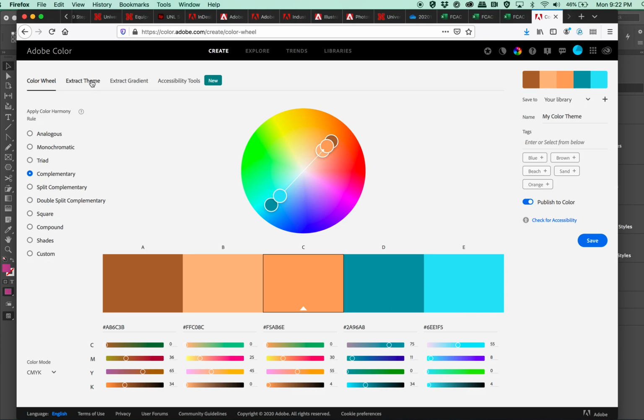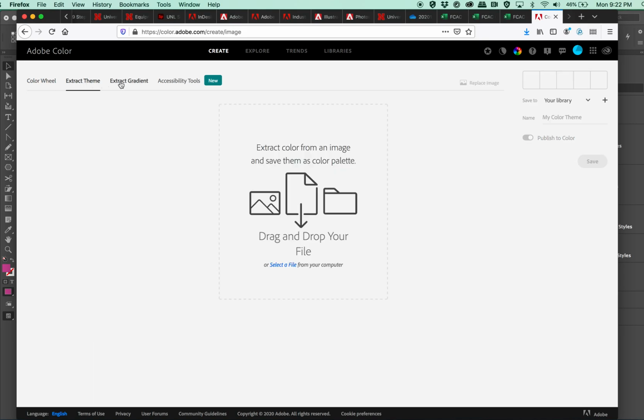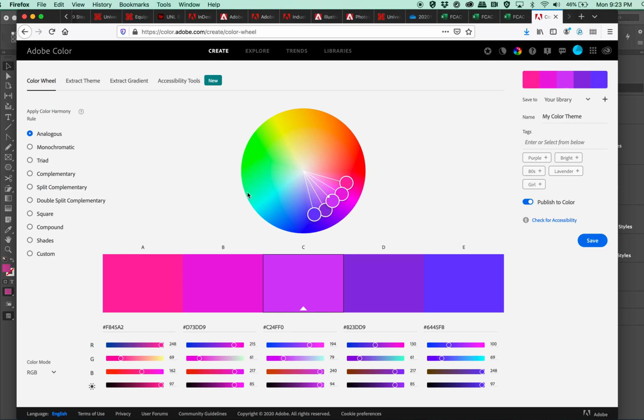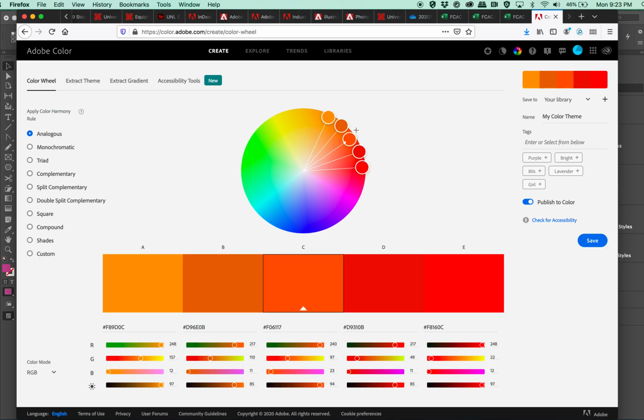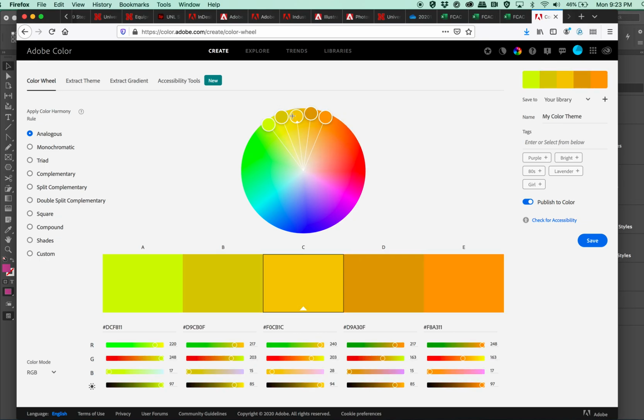But this uses the color wheel. We have extract theme, so you could actually take a photo and pull it here. So that would be a way to do it. Extract gradient, and there's different accessibility because we can get into the issue of being colorblind and that type of thing. But just to introduce you to the idea of the color wheel, so this one, analogous, you can pull whatever and see, analogous are basically colors right next to each other. We get out further,